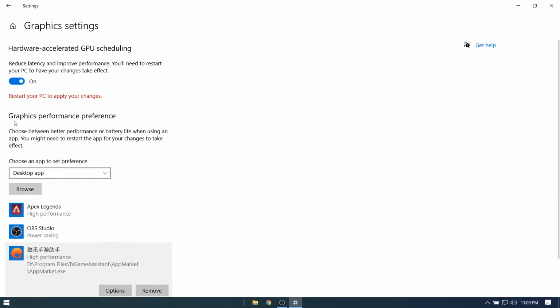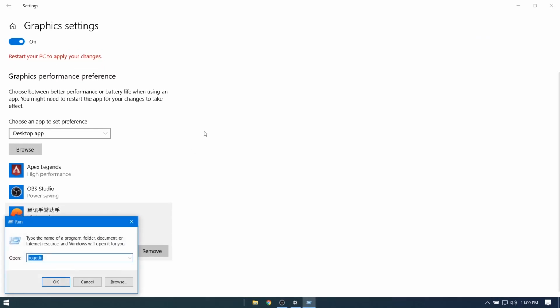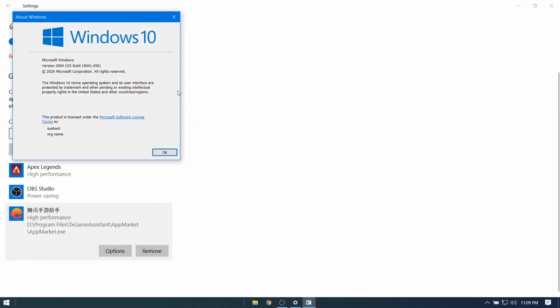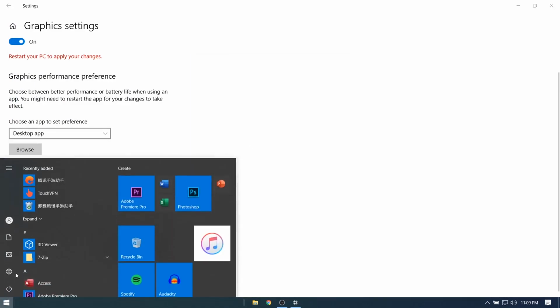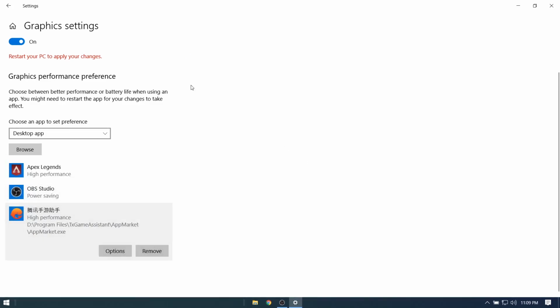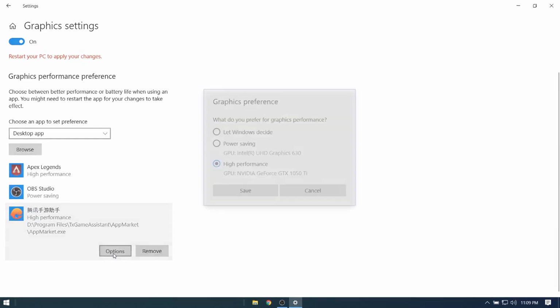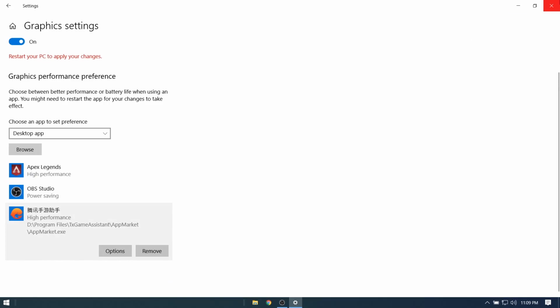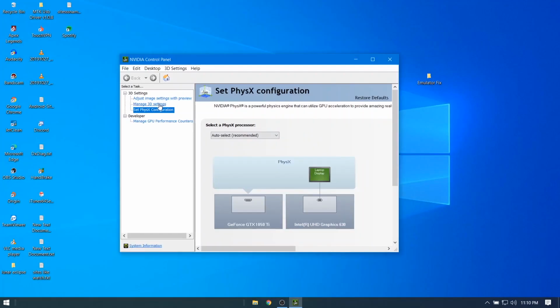And this only shows if you have the Windows 10 version running on 2004, okay? So you can see I have the 2004 version here. So you can get this version just by updating your Windows, okay? Just upgrade or update your Windows 10 computer, and you should get the hardware accelerated GPU scheduling, and you can set this to high power. And next thing is that you guys want to go to NVIDIA control panel, and you want to go to